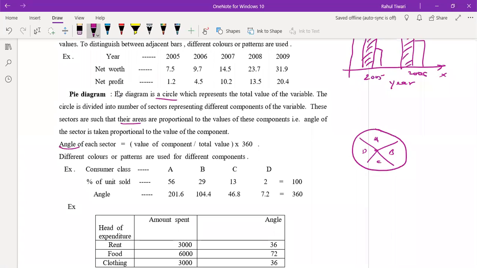You divide the data by total, and then you multiply by 100. But here you need to multiply with 360 because you are converting the data in terms of